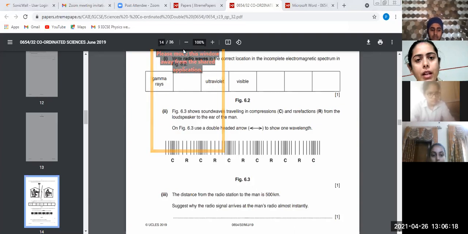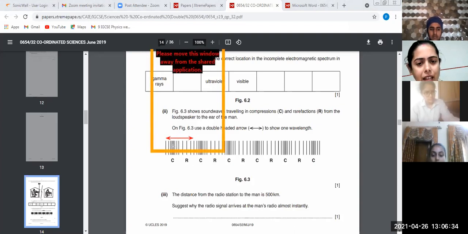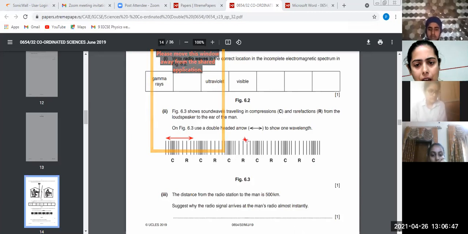Okay, so I'm going to tell you more different answers which you can have. Okay, you can go from the first crust, from here to here. Got it? See from where they started, where they are very close to one another, 2 points before that it has started, right? So where it is the next crust, go up to 2 points before that. You can go from this rarefaction, where R is written, in front of that the point to the next rarefaction. You can do it like this also. Fine.